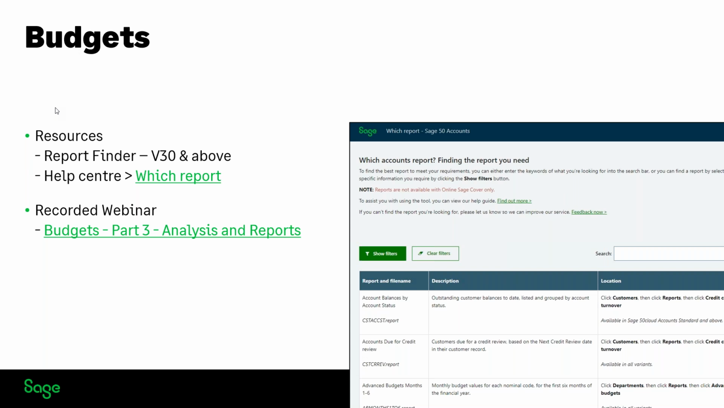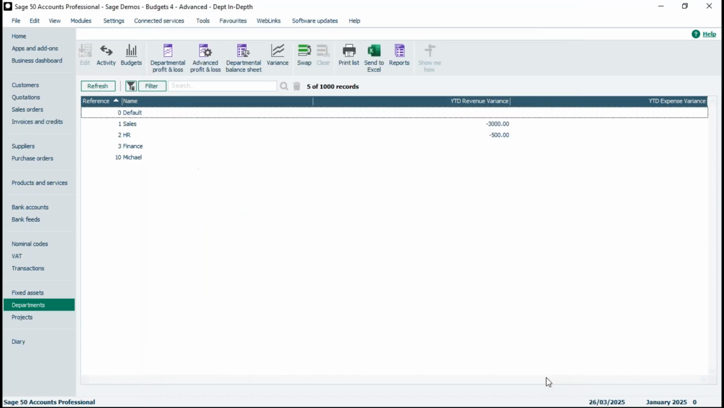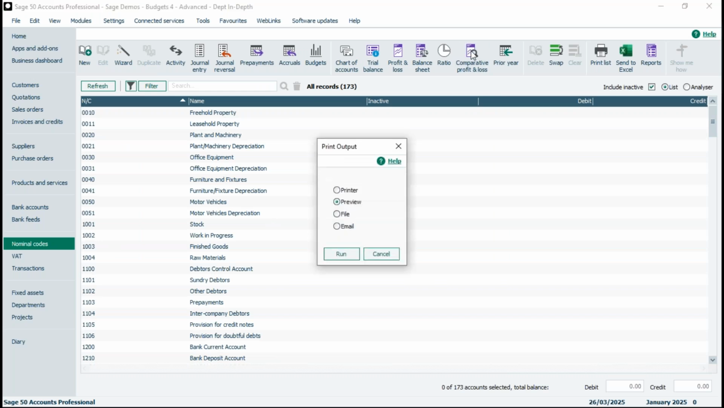Now, previously we have run a budgets part 3 session, which does go into analysis and reports in a bit more detail. So I'm going to try and just point you in the right direction a bit. So if I go back to my screen, there we go. We'll just save whatever we did there and close out. So for reporting wise, a lot of people will look at nominal codes, and you've got things like your comparative P&L. Now the comparative P&L, when you run this report,